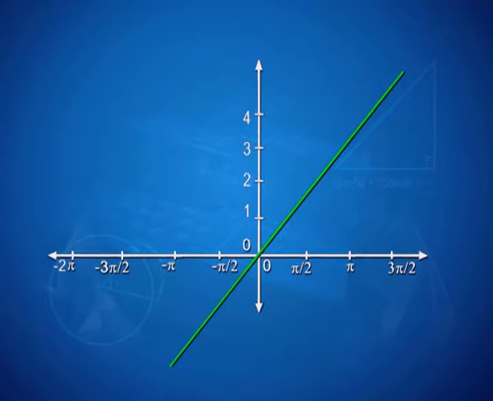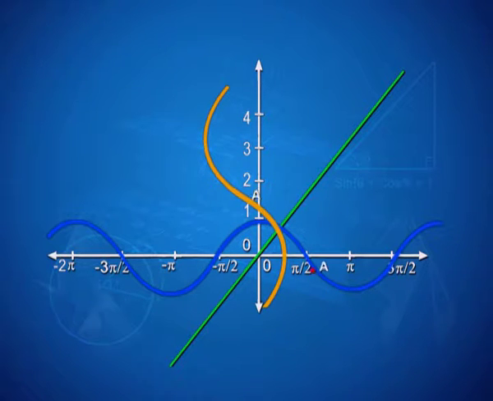Let us take a look at the visualization of the cos inverse as a reflection of cos along the line y equal to x. So, let us begin with the line y equal to x and let us take the graph of the cosine function. If I take a point A on it and reflect it along the line y equal to x, I get a point say A dash. Let us see what happens if I trace this point A dash as A moves along the graph.